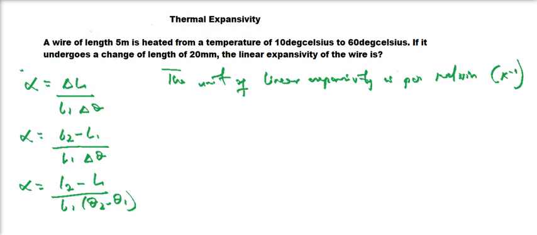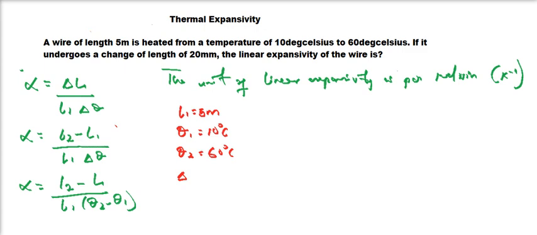Now in the question here, we are given that a wire of length 5 meters, so L1 is 5 meters, is heated from a temperature of 10 degrees Celsius, that is theta 1 is 10 degrees Celsius, to 60 degrees Celsius. If it undergoes a change of length of 20 millimeters,